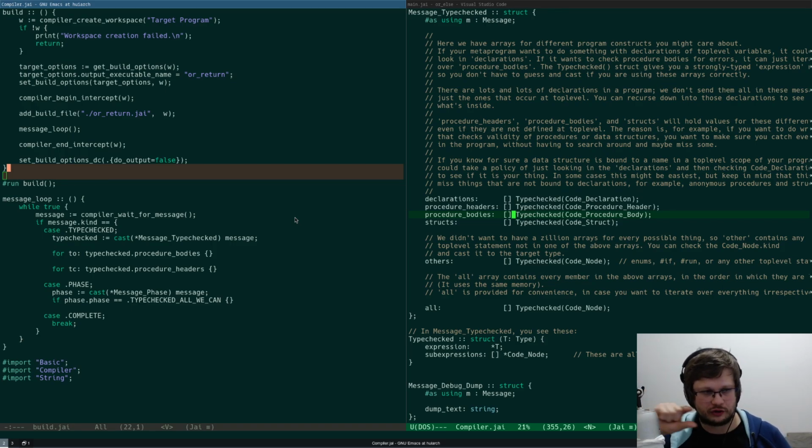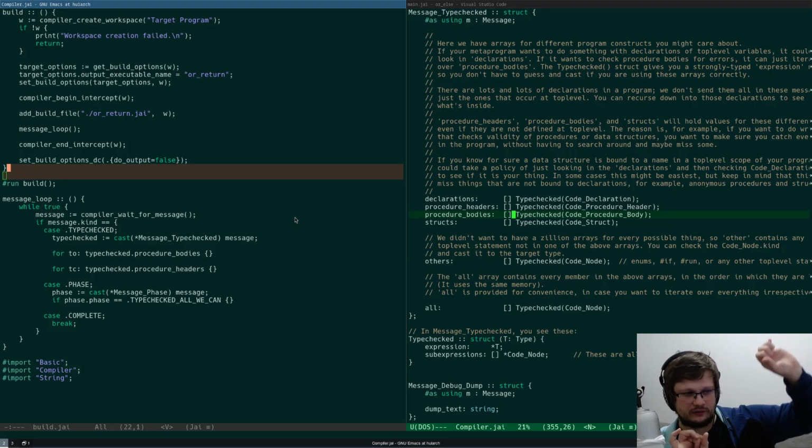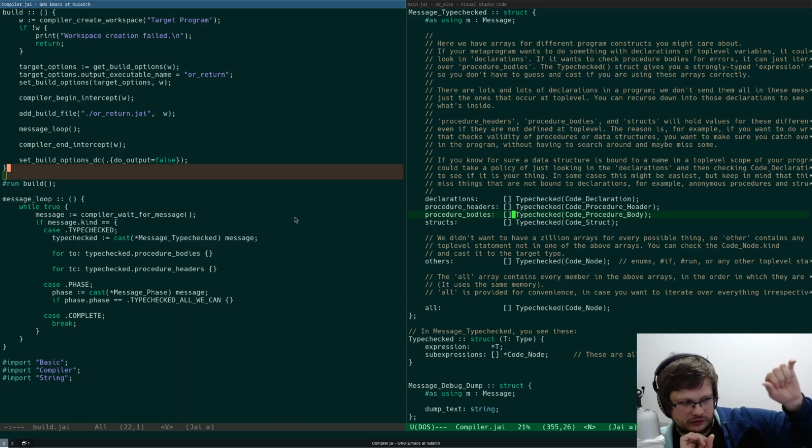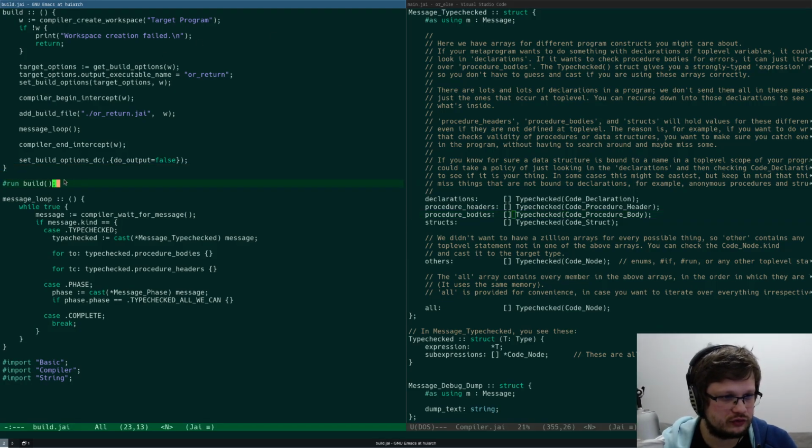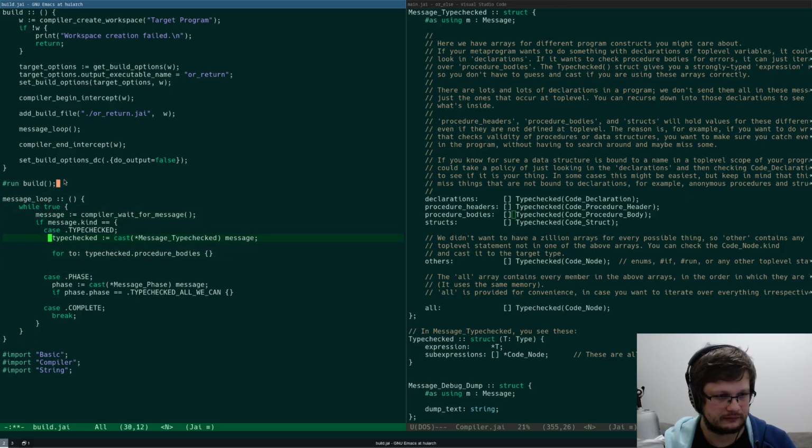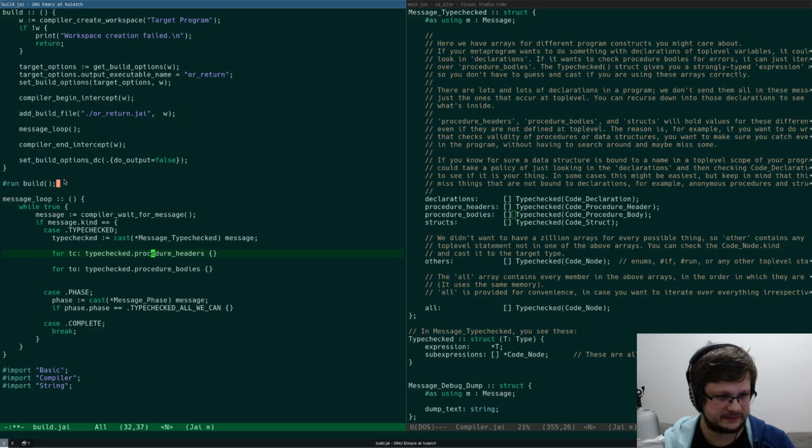If we get the procedure call whose name is or return, then we need to store the procedure headers, return types, and combine them, right? So let's try to do that. Procedure headers, probably like that. Let's put them first.